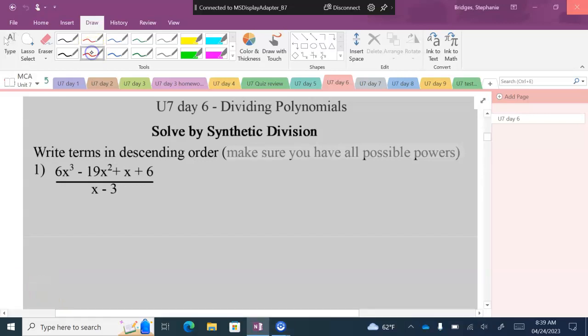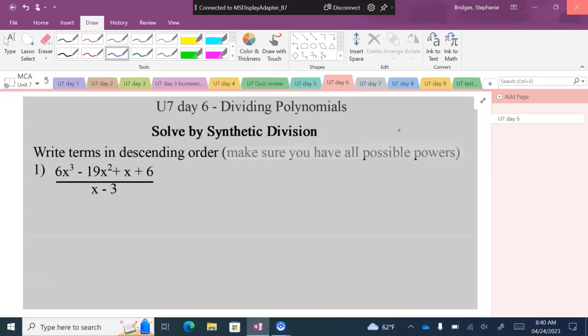Okay, so when we use synthetic division, first of all, synthetic division only works with binomials, and specifically a binomial that has no coefficient in front of your x. So for example, if I were dividing by a 2x plus 1, that has a coefficient in front of x,